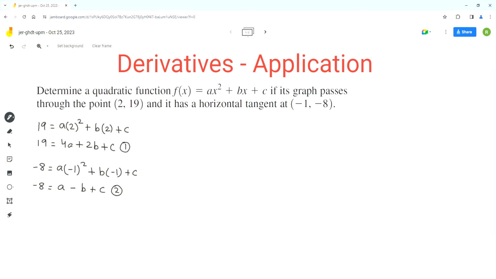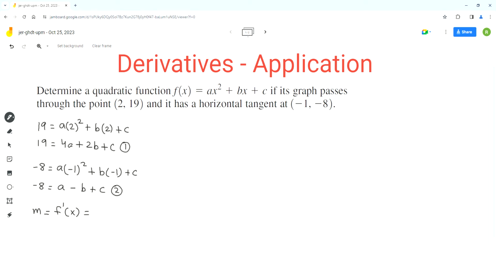Now we are also given that the function has a horizontal tangent at this point (-1, -8). So that means the slope of the tangent at this point is equal to 0. So we have to find the derivative of the given function f of x because that represents the slope of the tangent. So our next step is, m equals f prime of x,